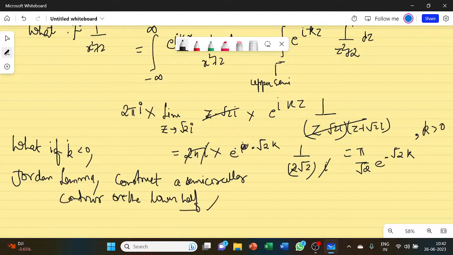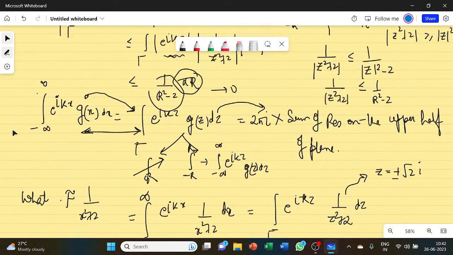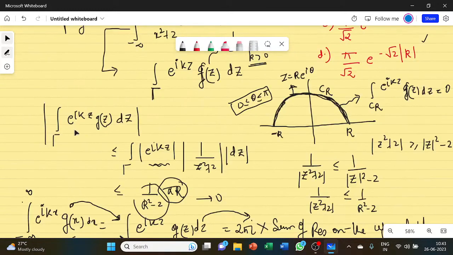Okay, now we have to construct. So basically, this is true for all k greater than 0. Now I'm considering the case k less than 0, because you see, the derivation that we did for the Jordan lemma, we did for all k greater than 0. Point number 1. So for all k greater than 0, we can make this contour on the upper half of the semicircle. Now if I make it on the lower half of the semicircle, what first thing that you have to see is